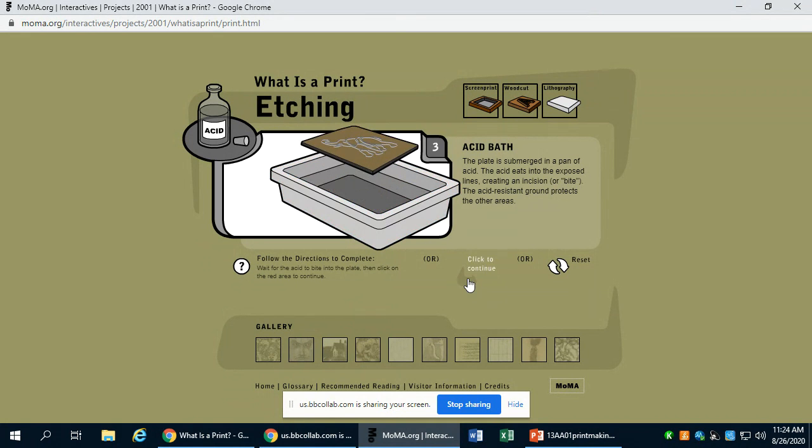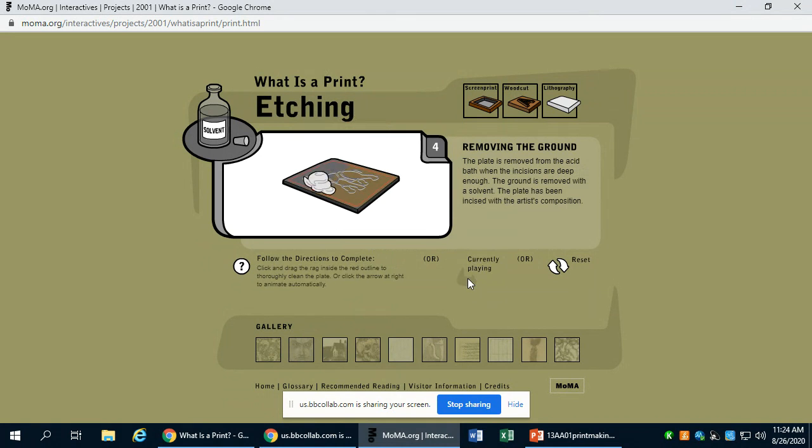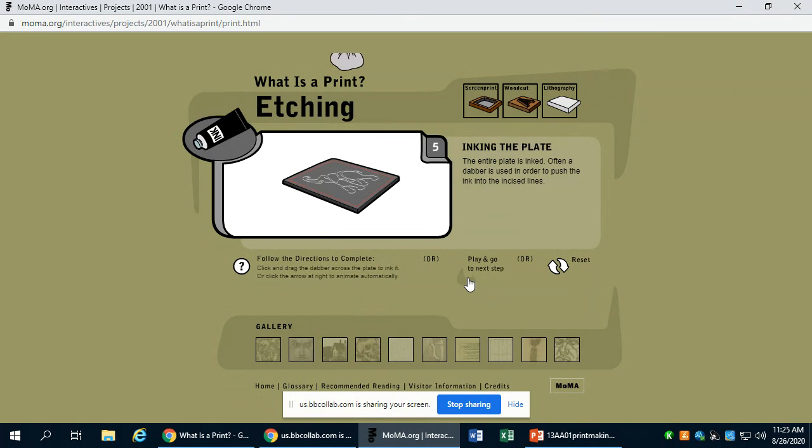Once the etch has happened, we would clean it all off, take off all of the wax, and then it's going to be exactly the same for you guys for dry point as it is for etching. We're going to now apply the ink. And you can do that in a couple ways. Some people will apply with a brayer roller. I like to use a little piece of cardboard, or mat board rather, as a squeegee and kind of scrape the ink across. This is a more traditional way of doing it using a dauber, but essentially you're putting ink